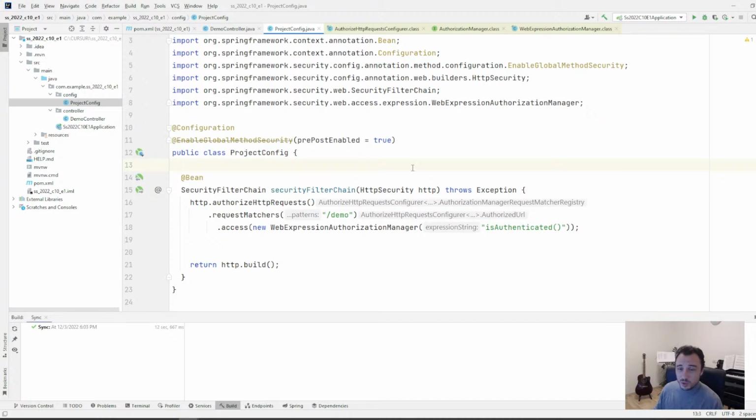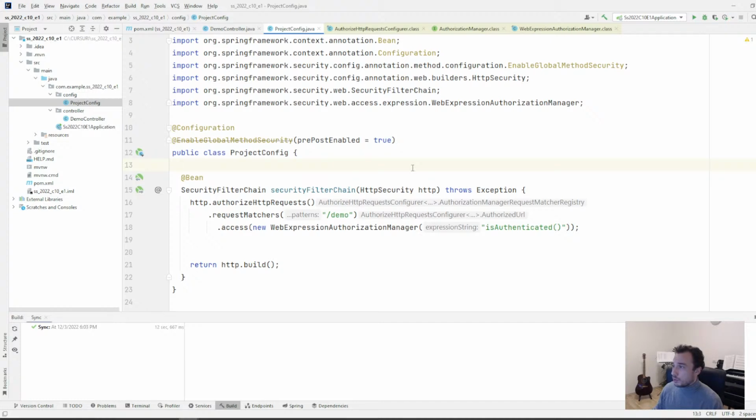You can anyway use secured. You can very easily replace it with pre-authorized, so it's just out of the box to replace it with pre-authorized. And roles allowed, again, it's very unlikely that you will find that. I don't think I've seen maybe one application in the past 10 years or so that